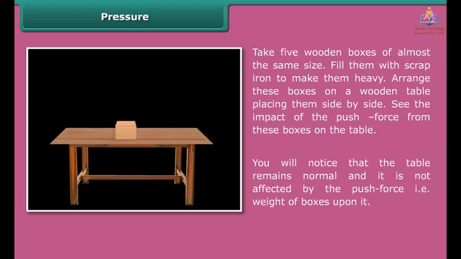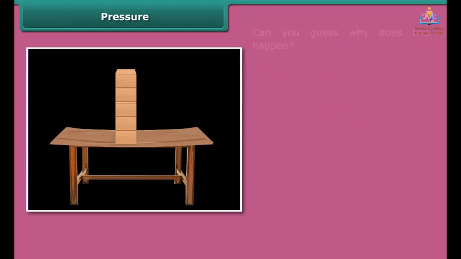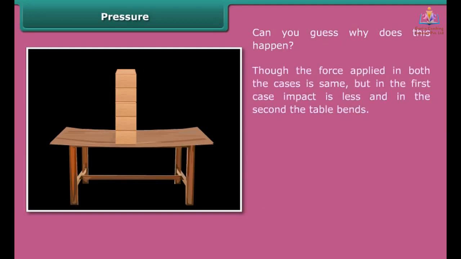Let us perform an activity. Take 5 wooden boxes of almost the same size. Fill them with scrap iron to make them heavy. Arrange these boxes on a wooden table, placing them side by side. See the impact of the push force from these boxes on the table. You will notice that the table remains normal and it is not affected by the push force, that is, the weight